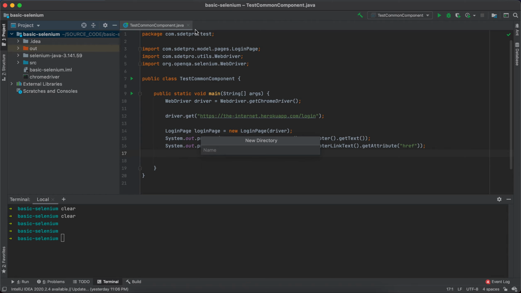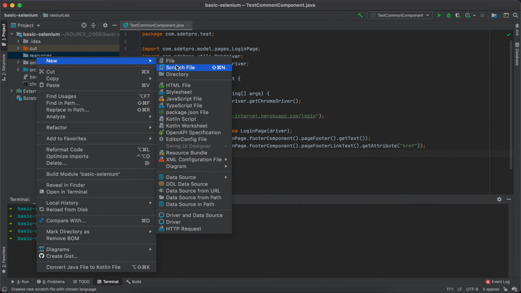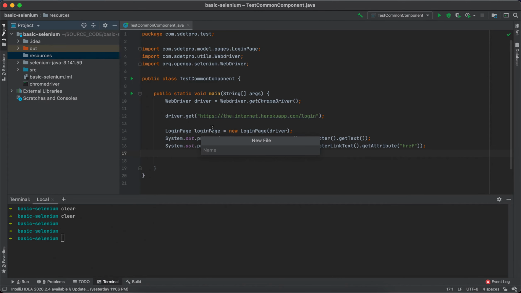I think it should be named resources. So this is a folder. In the Maven project, we will have another way to create a resources folder, but now you just create a normal directory, okay? And now under this folder, you create a new file with the name testing